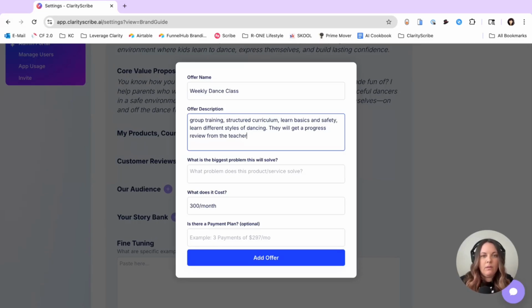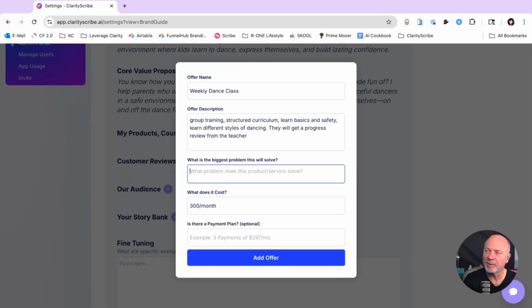Great. And then what is the biggest problem that your product or service will solve? I think it goes back to what we got back in our responses: shyness, hesitancy, and a lack of confidence. Could also be, what is that? Where a person is, what is that word? You know what? Never mind. I'm blanking on the word. So capability, like a superpower in their body.